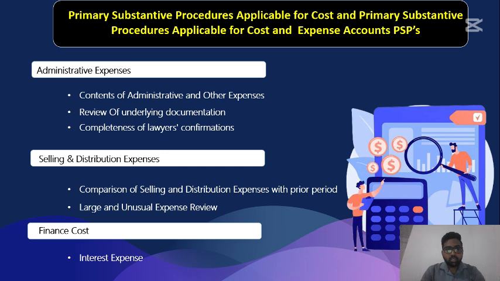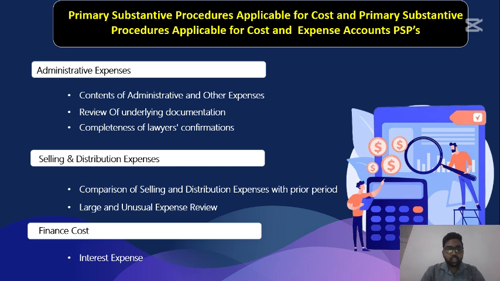Administration expenses. Administration expenses include costs related to the general operation of the business, such as salaries, office supplies, and legal fees. To ensure accuracy, we follow three key substantive procedures: reviewing the content of administration and other expenses. We examine the nature and classification of these expenses to confirm their legitimacy and ensure they are properly categorized in the financial